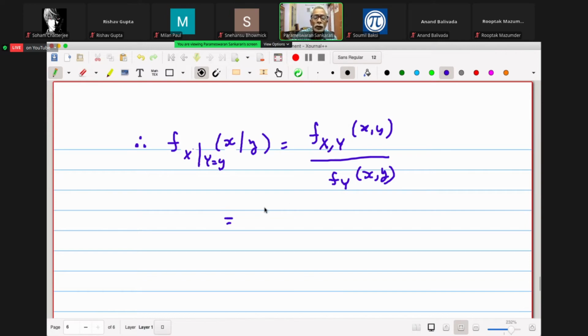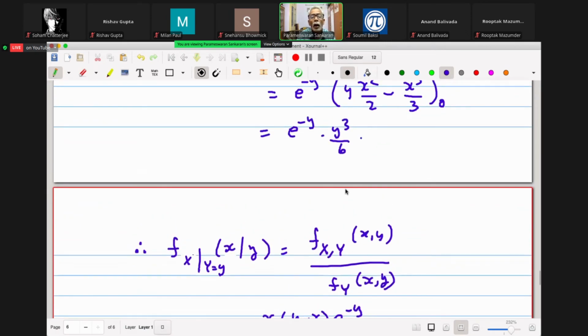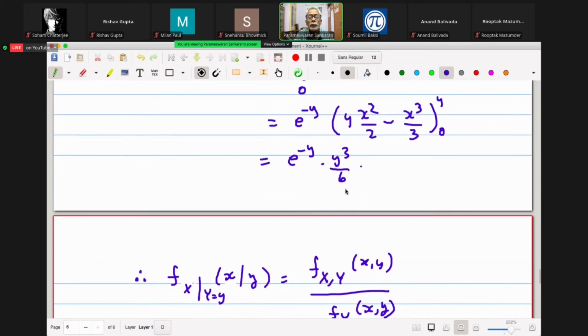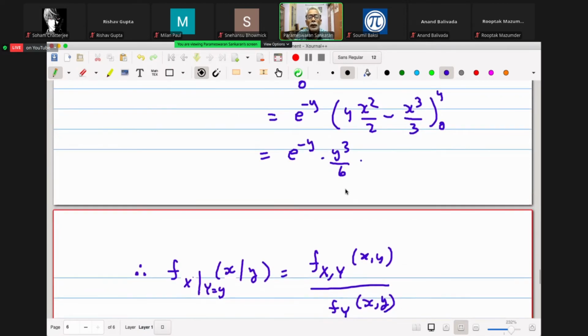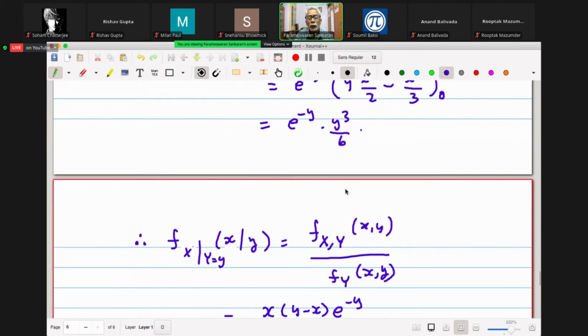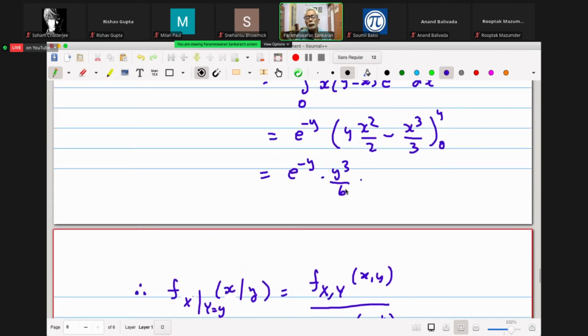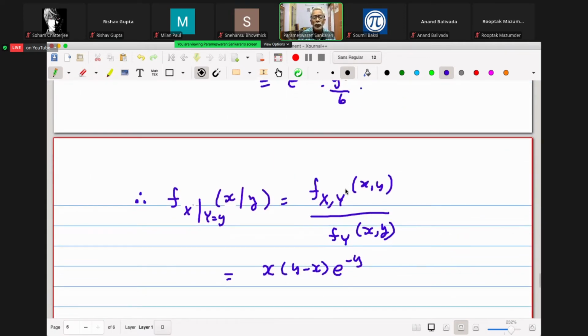We are given this, x times (y minus x) e power minus y, and this we just now found out to be e power minus y times y cube by 6. I hope it's correct. Yeah, so I think it will be okay. So divided by